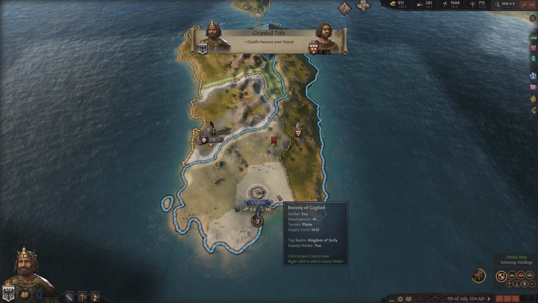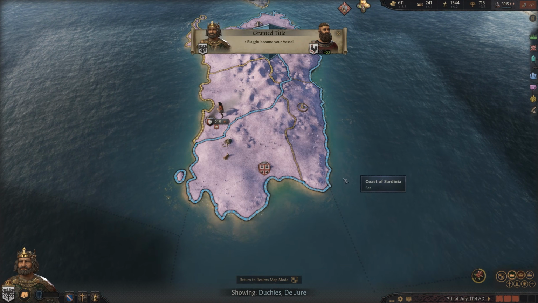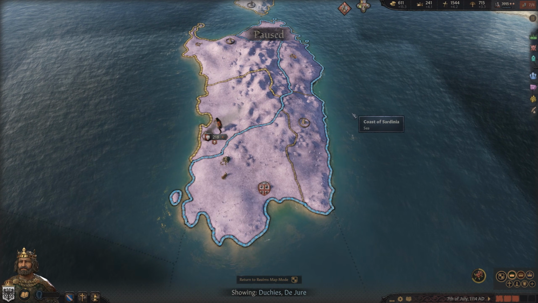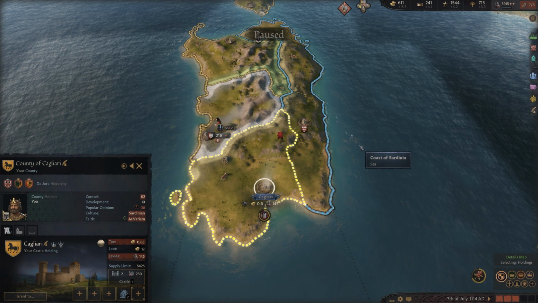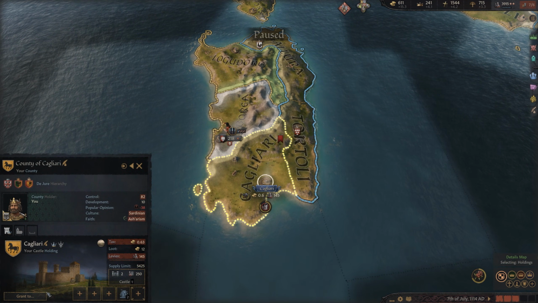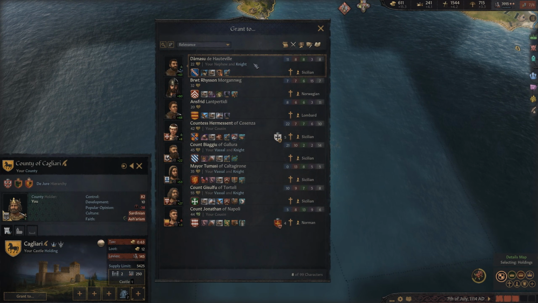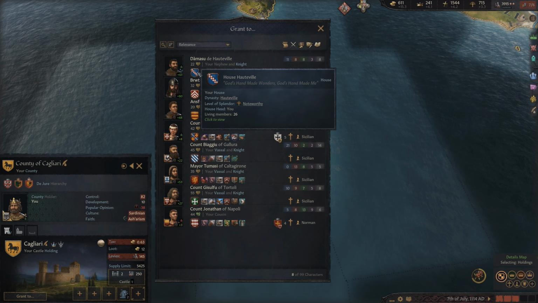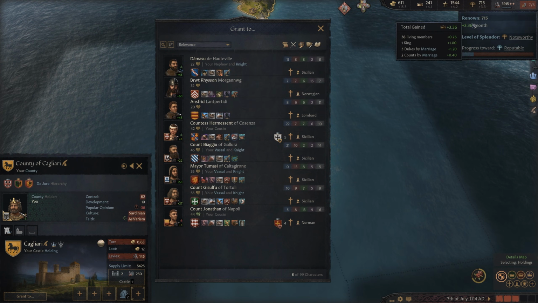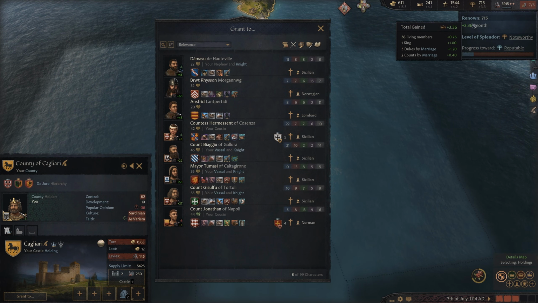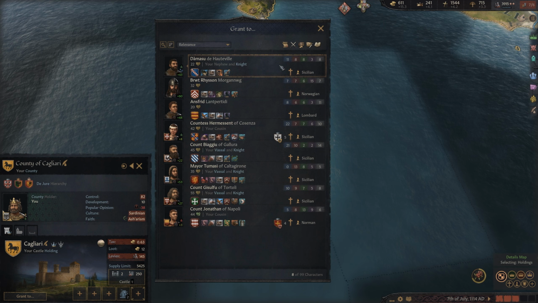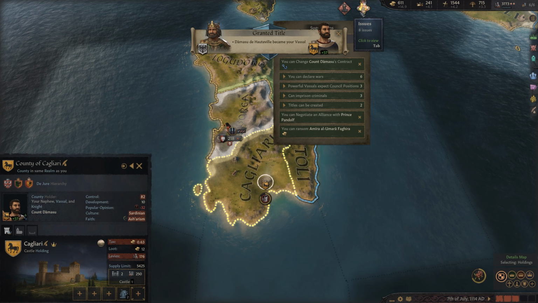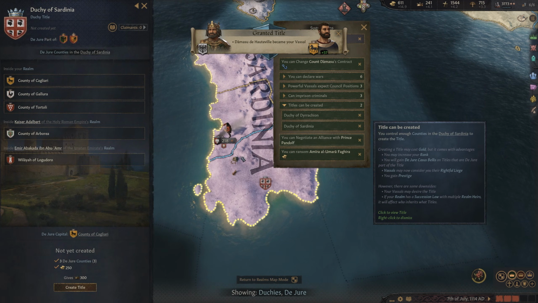Now, this last location is important because it's the duchy capital of this duchy. Now, I don't want to just simply give this to anyone. I want to give it to either someone I want as a duke, like my son, or this guy would be pretty good, my nephew. It increases my renown because he's my nephew. He's part of my dynasty, so it'll increase the amount of renown we're getting as a result of having dukes in ducal positions. But most importantly, I'm going to assign this guy as this county. We're going to go ahead and also create a title here for Sardinia.